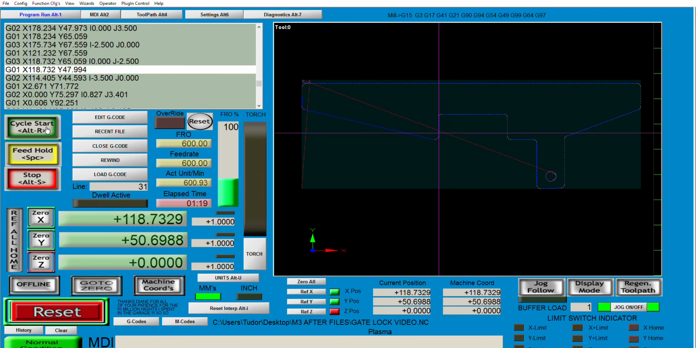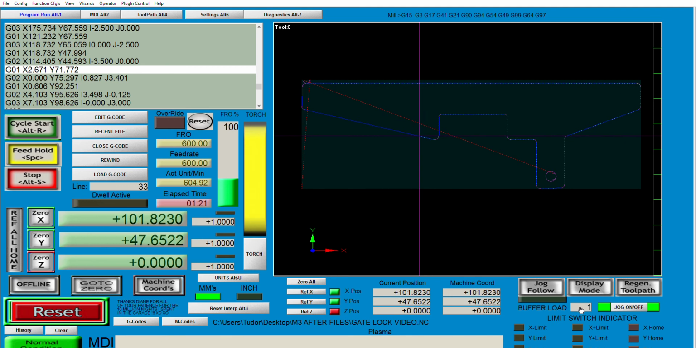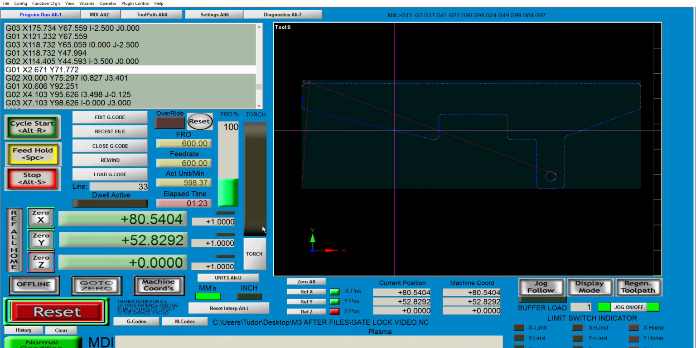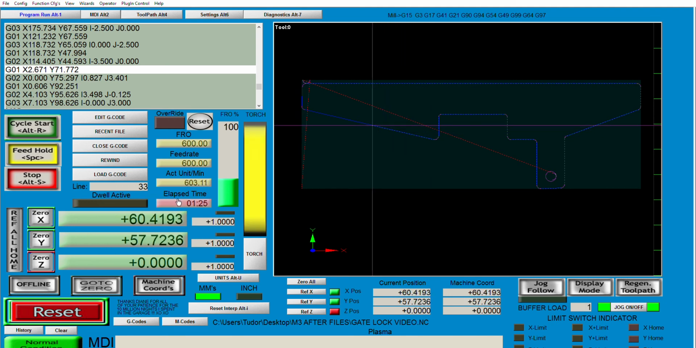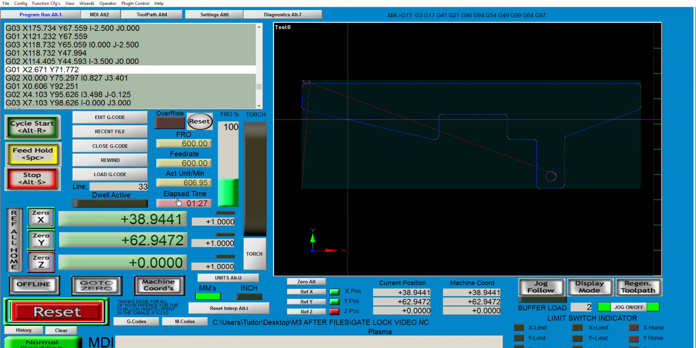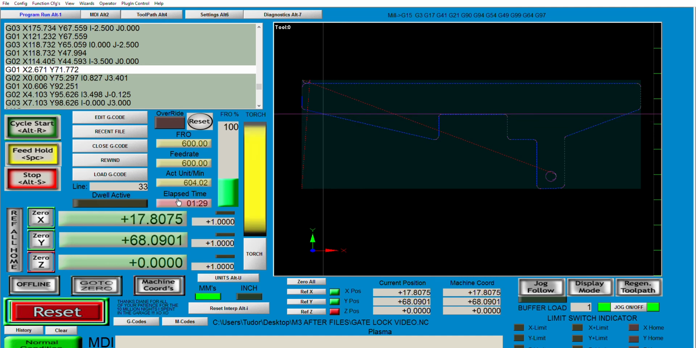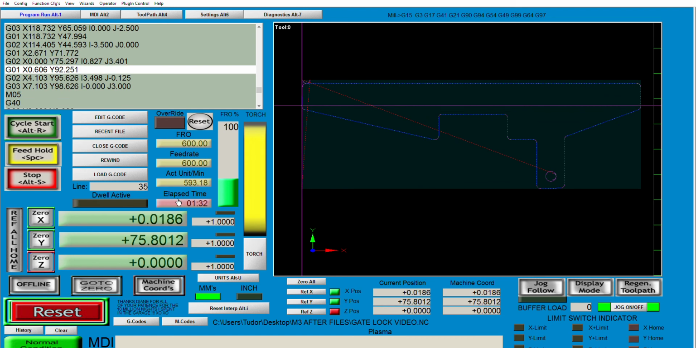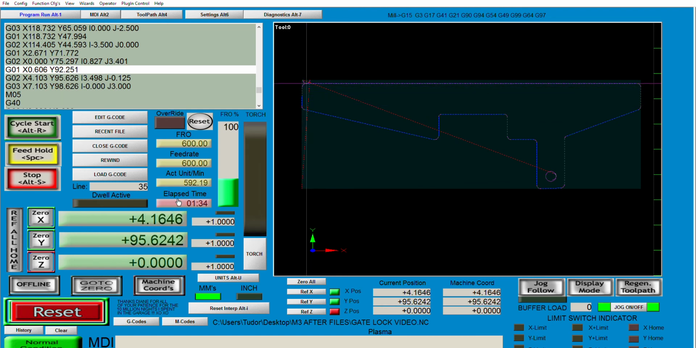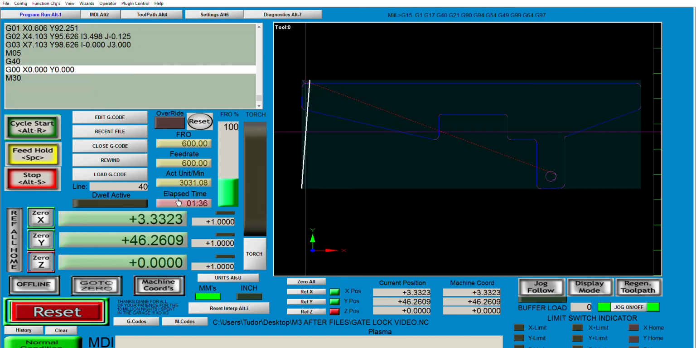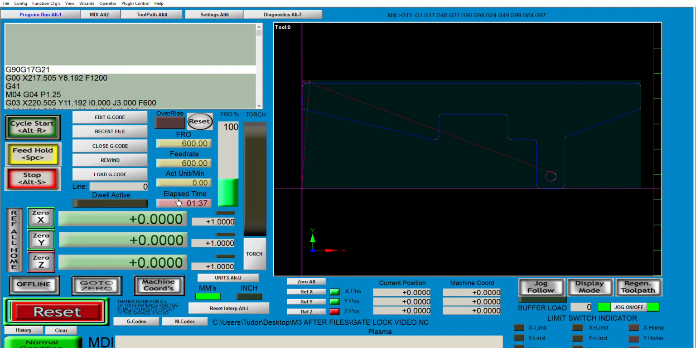Now you can see the buffer load is hardly anything. You got the elapsed time. I'd like to add a torch on elapsed time so I could get some kind of idea of how my consumables are doing. And this thing works pretty good. If you're going to set up a machine, I'd go with the smooth stepper